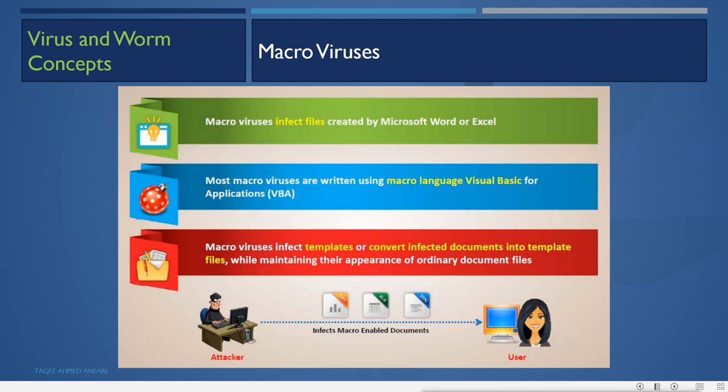Now, using these automated executable codes, what can an attacker do? In fact, they can add malicious code in the macros using the coding language VB. Now it looks like a normal document, but when you open the document, it executes that macro code, and it can compromise your system. So it is called a macro virus.